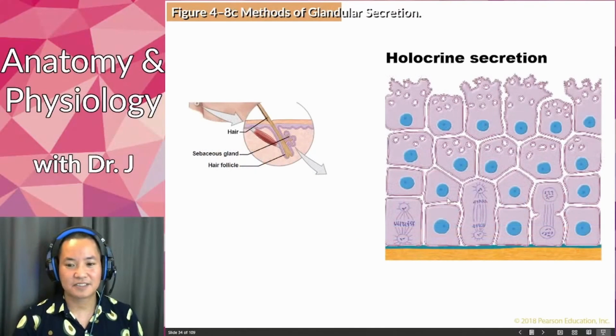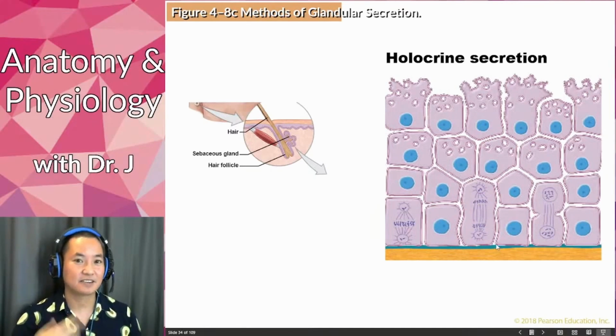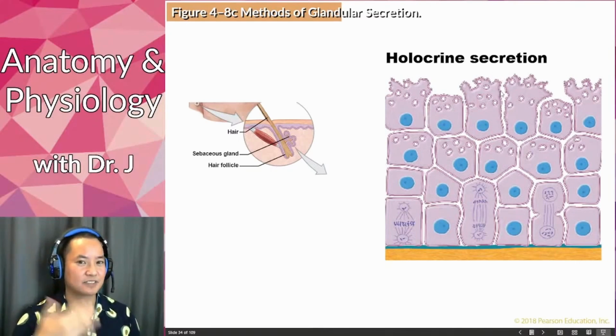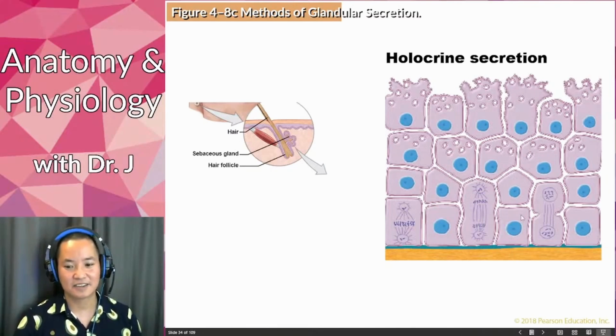And then holocrine secretion. Now this is very interesting. It's a stratified layer of cells, and the cells over here on the basal side are constantly dividing and generating new cells. But the cells that are pushed furthest away from the basement membrane die off entirely. So what prevents this cell layer from completely dying off altogether? You have these basal cells that push up more and more cells, but as they get older and are pushed toward the surface, they die off and form secretions. So now a whole cell becomes a secretion. That's where the holo part comes in. Holo means whole.